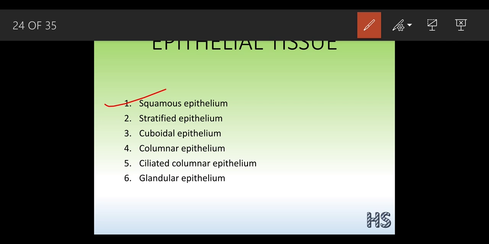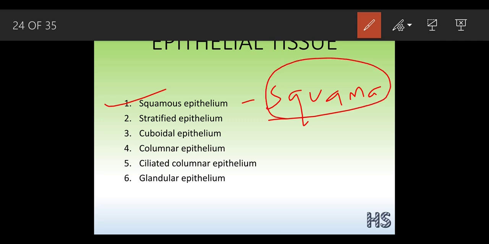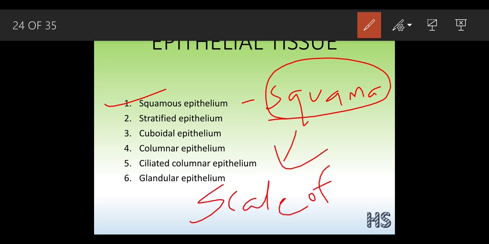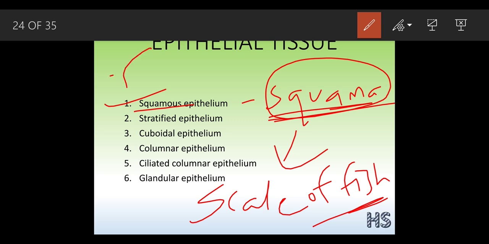The word squamous came from the Latin word squama. Okay, and the word squama is a Latin word. Okay, the scale of the fish is called the squama. You can see the scales of the fish, and the lining present on the upper side of the fish is nothing but the squama. So this word came from there. The word squamous also means flat, because they have flat skin.